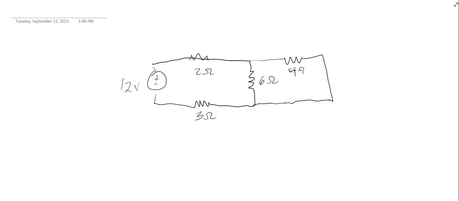And I'm going to put some nodes in here, so I'm going to label the bottom node V0, and I'm going to call that ground. And so you can see it's ground because I put the ground symbol there. And I will call this V1, and I will call this V2, and I will call this V3,